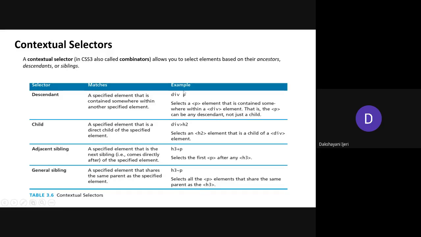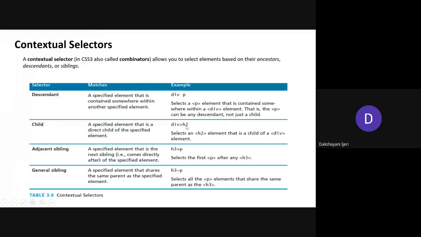So this is not going to be only the first child or the second child. Whenever you come across the division as a parent element, this is just an example I'm telling you, not restricted to the same elements itself. Whenever you use the division as a parent element under which the paragraph is the child, if you use this kind of selector, the style is going to be applied to any paragraph element anywhere within the division element, right? Followed to that, the child selector.